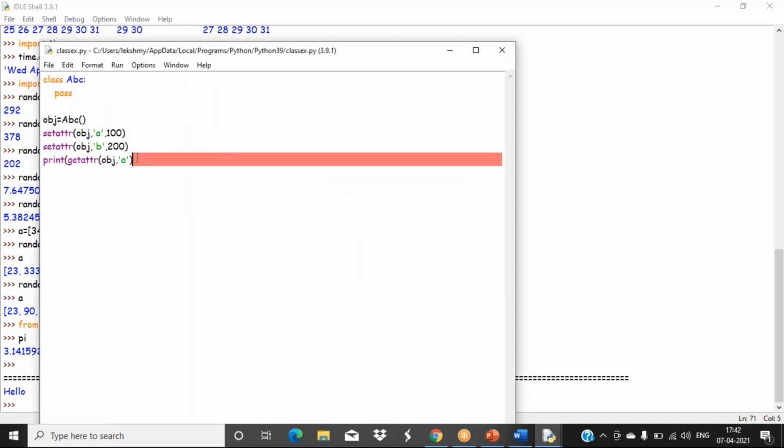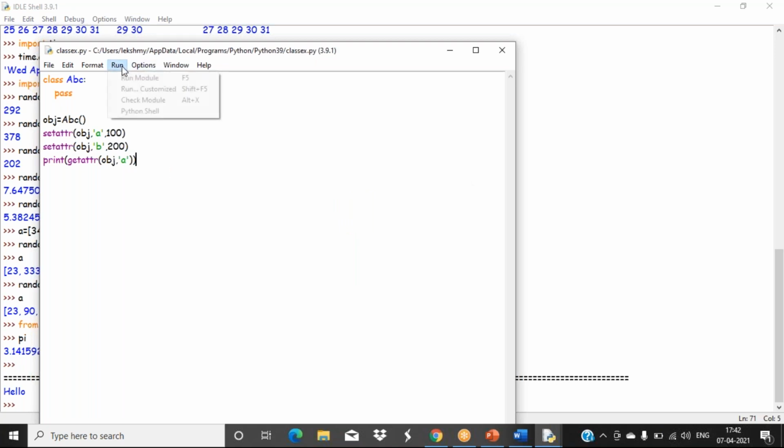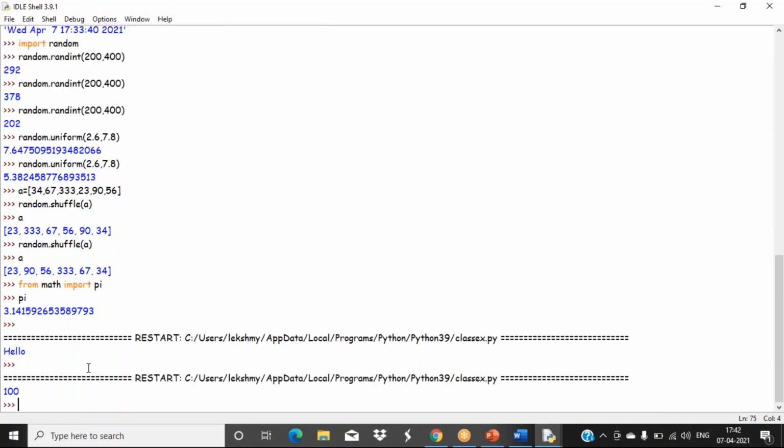Okay, I have not closed the bracket here. So we have assigned a value and then displayed the values. So like this, built-in functions are there. While class creation, you can use these built-in functions. That's it. Okay. So this is about how we created the classes and all.